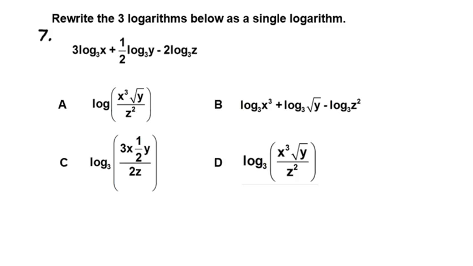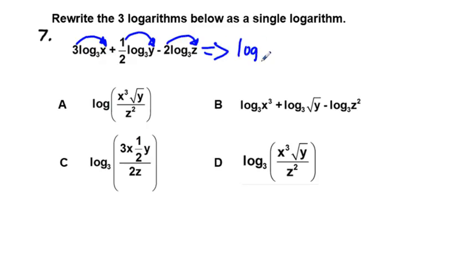Problem number 7, rewrite the 3 logarithms below as a single logarithm. So we use basically our rules of logarithms. First of all, we have the rule of exponents. So this 3 in that first logarithm is going to come out as a power of that first term here. And the second one, we have this 1/2 is going to be the power of y. For the third one, we have this 2 as the power of z. So rewriting this expression, we would have